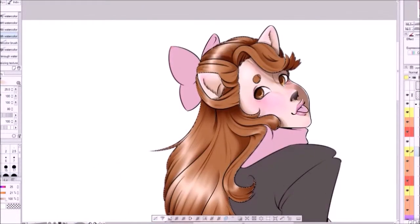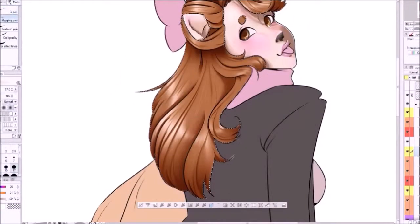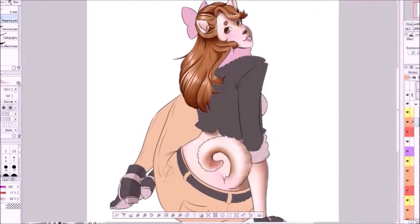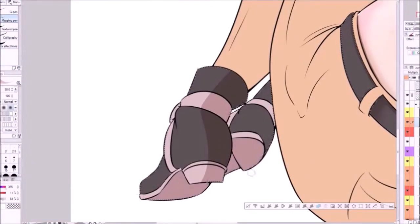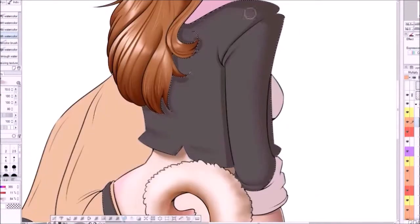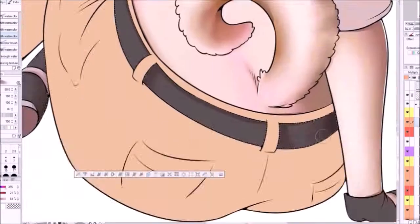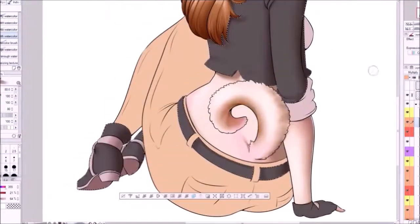Just because it's always fun to go through and give the characters extra accessories, like a jacket or a pair of gloves. I used to do a lot of jewelry. I didn't give any of them jewelry. Oh, that's a missed opportunity. I used to do lots of bracelets and earrings and stuff, but